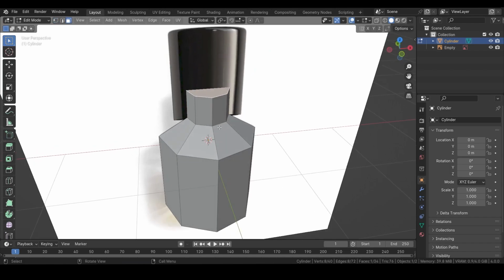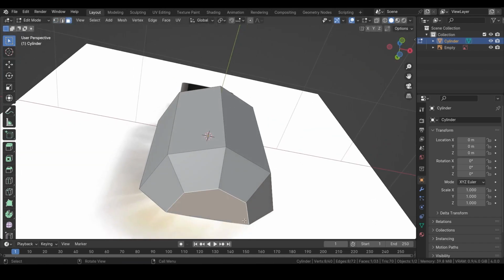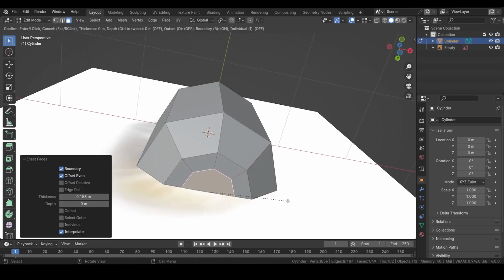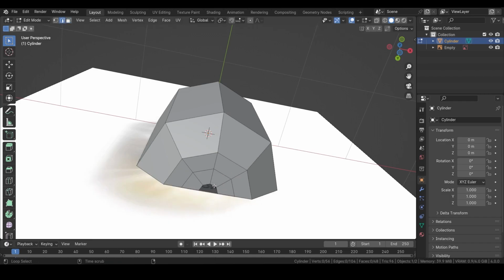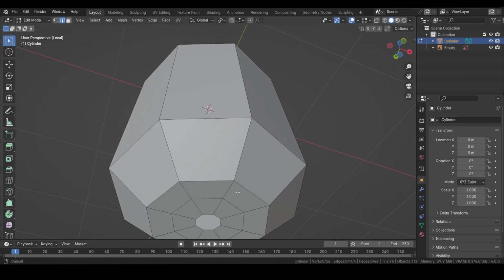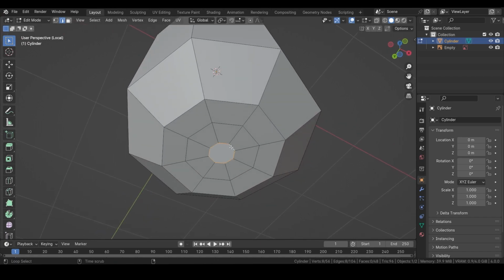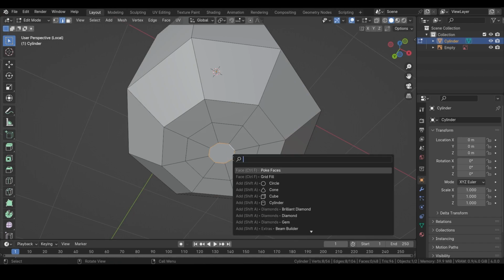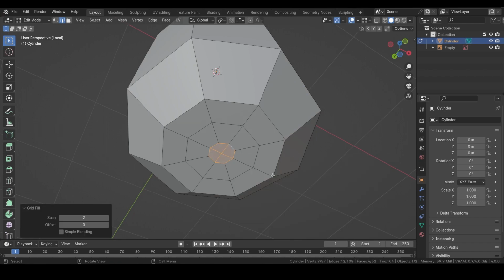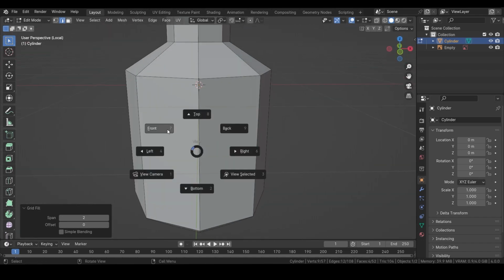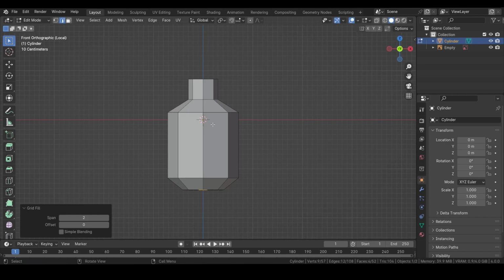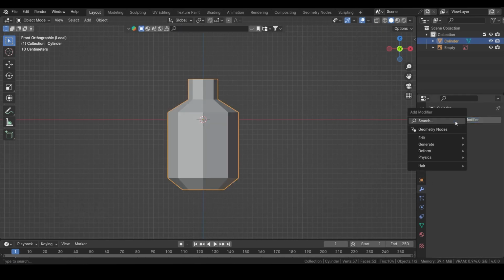Go into face select, select this top face, delete it, select the bottom face and insert once and insert one more time and delete this face. Hit the / key to isolate the selected object. Select this loop and hit F3 and search for grid fill, and that's that. The next thing we would need to do is to add a subdivision surface modifier,